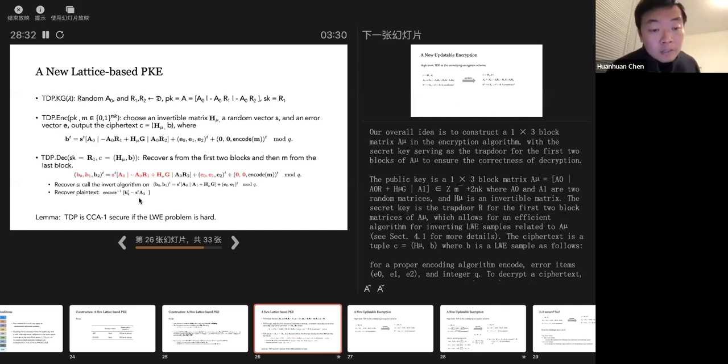We show that it's CPA secure if the LWE problem is hard, but it's not CCA secure because